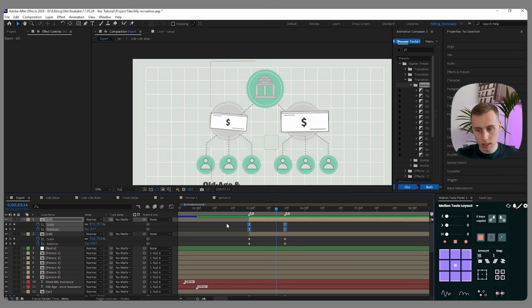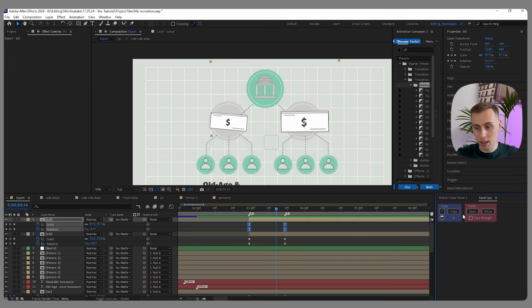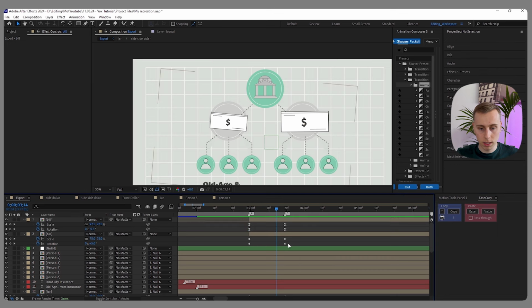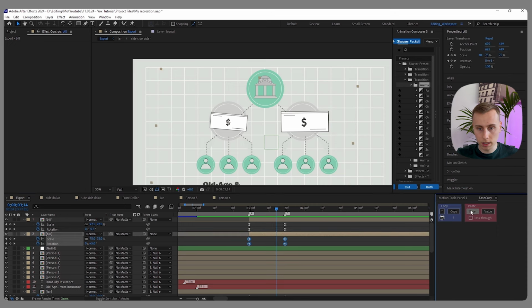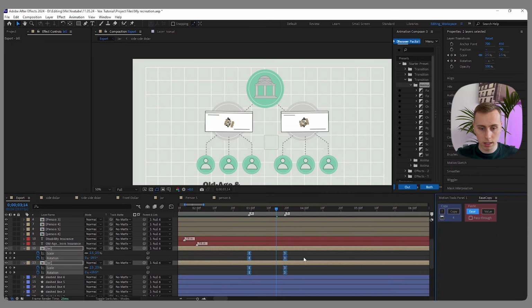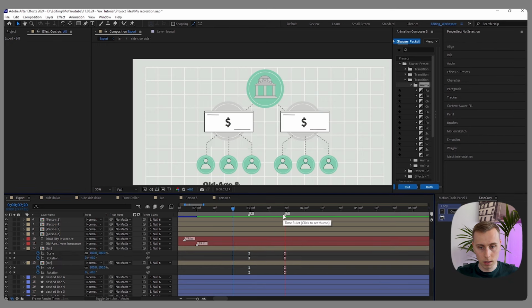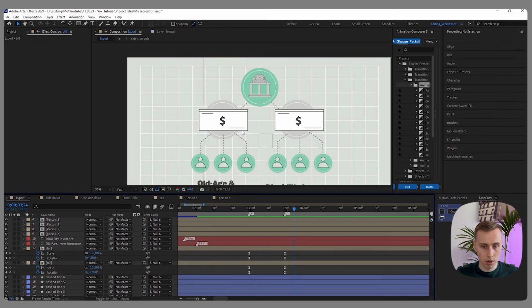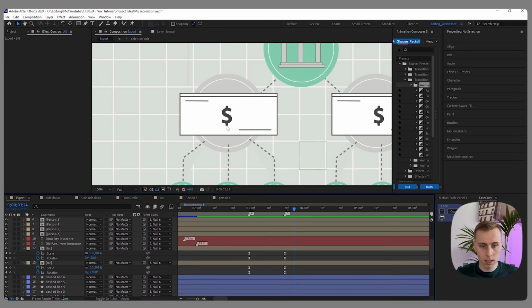So we can just select these keyframes and using another free plugin that is called EaseCopy. Again, I highly recommend that, it's completely free. And this plugin allows you to copy the easing applied to certain keyframes to other keyframes. So select all of these keyframes, click copy, select the ones where you want to paste it and click paste. Select the keyframes on the jars and click paste again. Let's see right now. Yep, it's pretty smooth, but now we've run into another problem, and it's that our lines